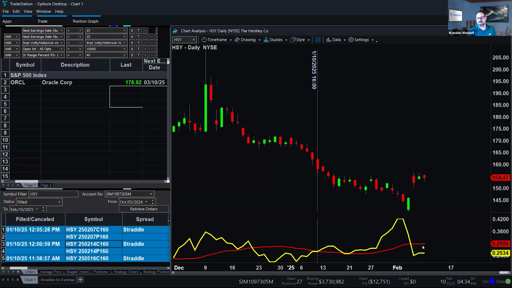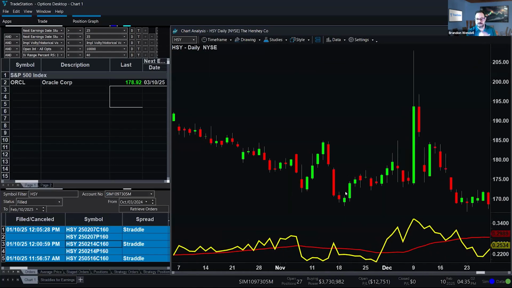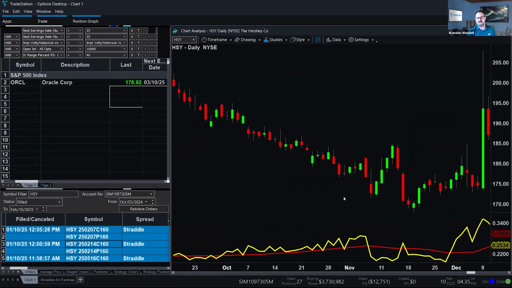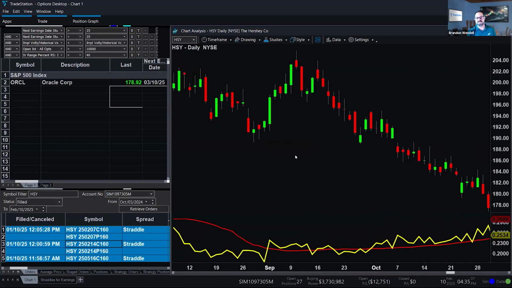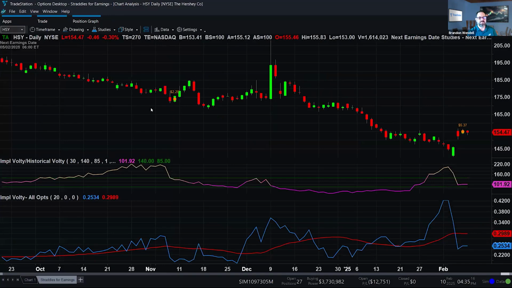Volatility went up, came almost right back down. And that happens a lot. That's kind of what I want to look for, something that almost returns right back to where it was after all the excitement is washed away. So what I'm looking for when I go back is, okay, we don't know what's going to happen, but based on what has happened previously, we can get an idea of what to expect, right?